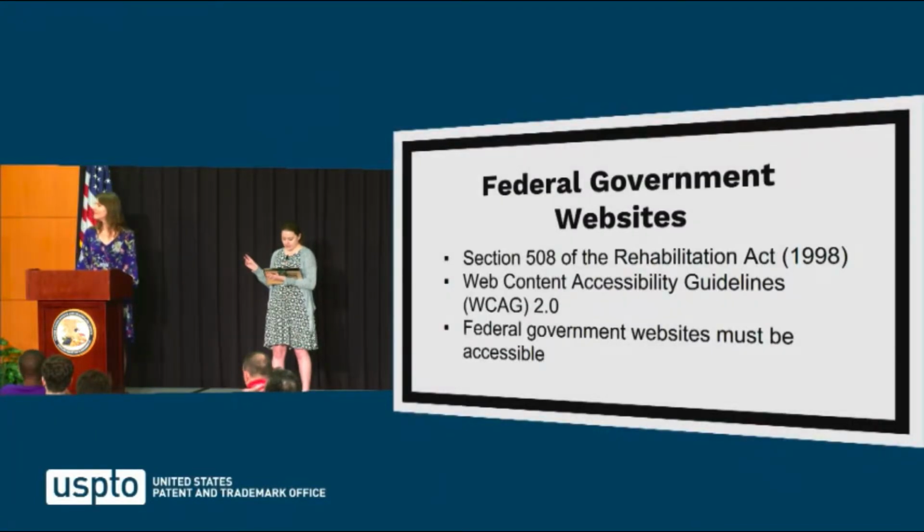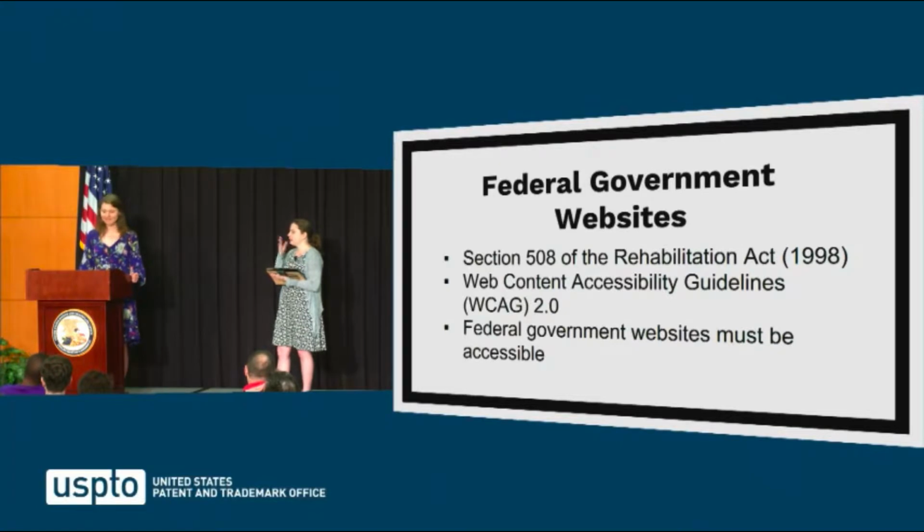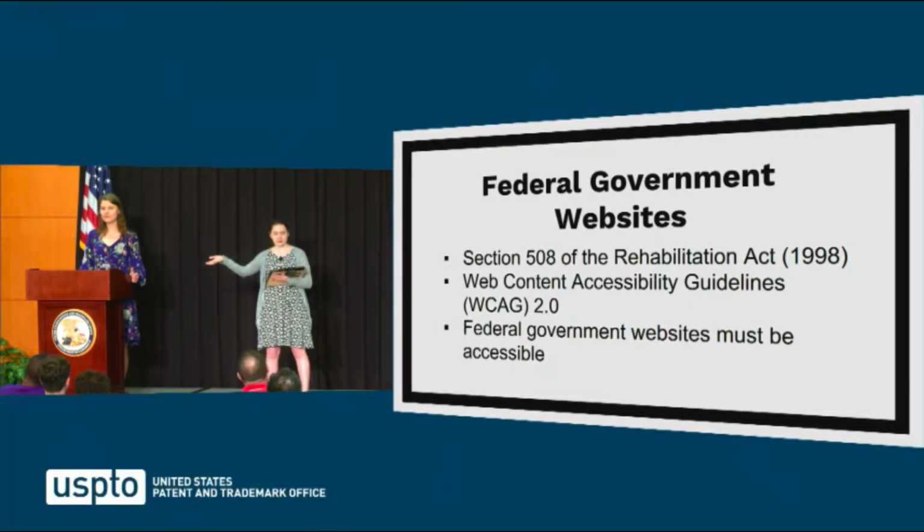Federal government websites must be accessible. So this is the clearest rule we're going to get as we go through this. Very bright line rule. This is both internal and external. So it's both the .gov website that the public interacts with, and if there's an intranet or internal software programs and websites that are used by federal employees, it covers that as well.